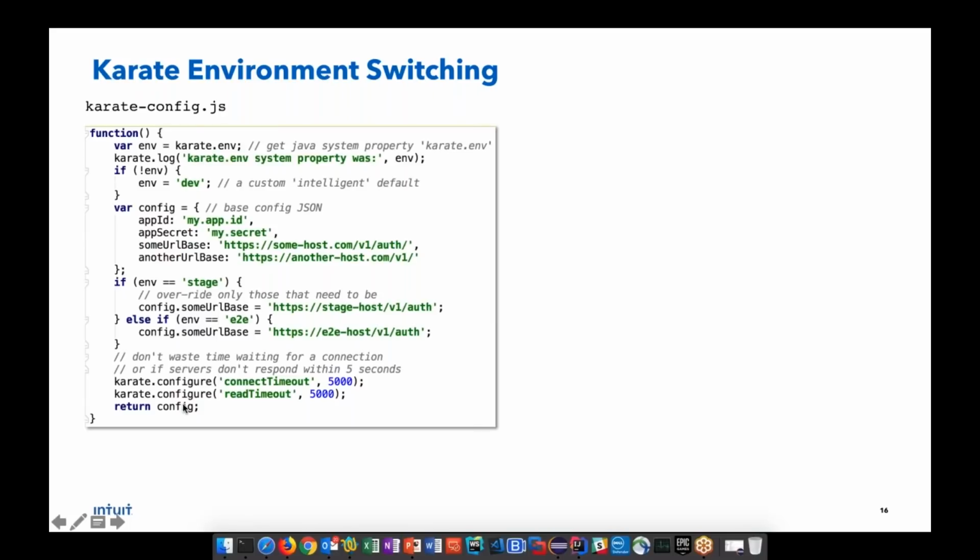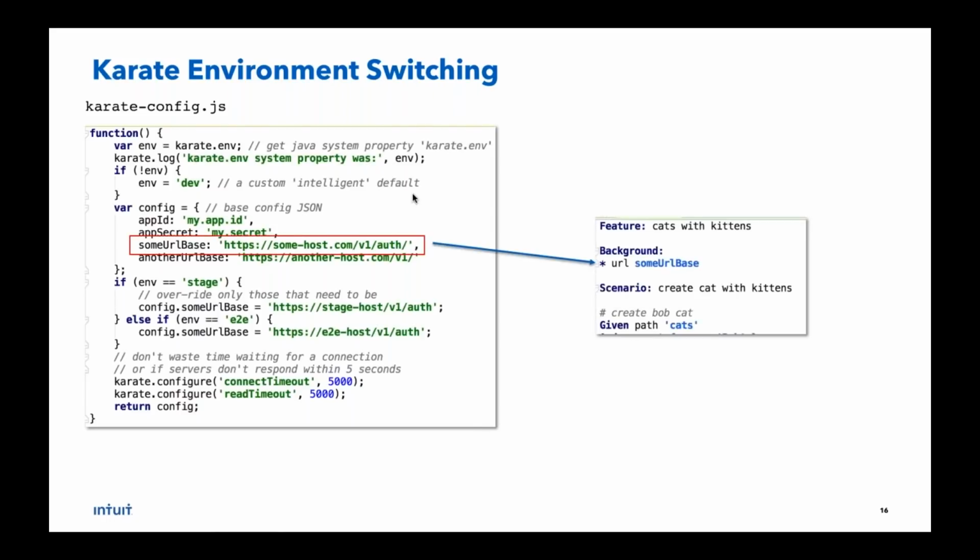You don't have that confusion with Karate. And in fact, even better, I personally see this as a big advantage: all your environment settings would be visible in this one file. You don't need to dive into multiple files. And one of the biggest mistakes projects make is that they add a new URL, they forget to add it in one of those properties files, and it causes problems.